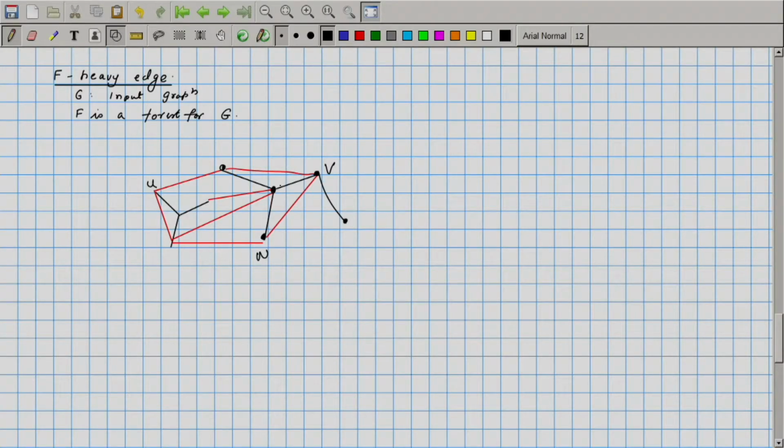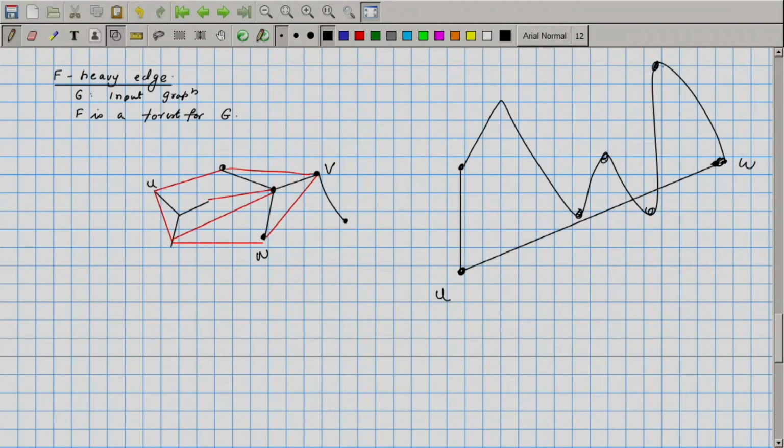Okay. Since we are looking at weighted edges, we can look at this unique path and look at the weights that are there on this path. There could be a direct path between V and W. So, let us say this is some path from V to W, and these edges have been given weights, and this is your U and this is your W. There could have been a direct path as well. Now, let us compare the weight of the direct path to the weight of the individual edges in the path. Okay, we will call an edge F-heavy. So, an edge UW is called F-heavy